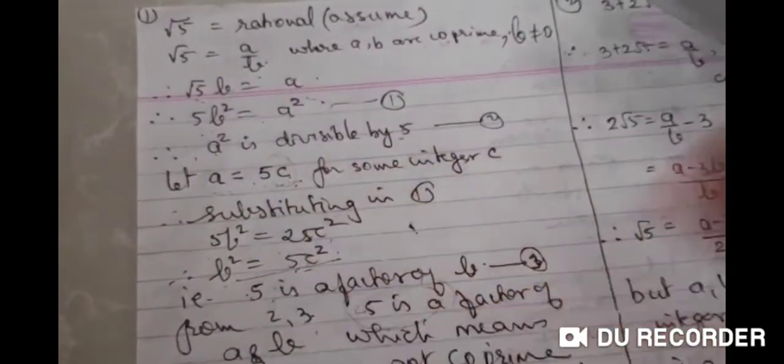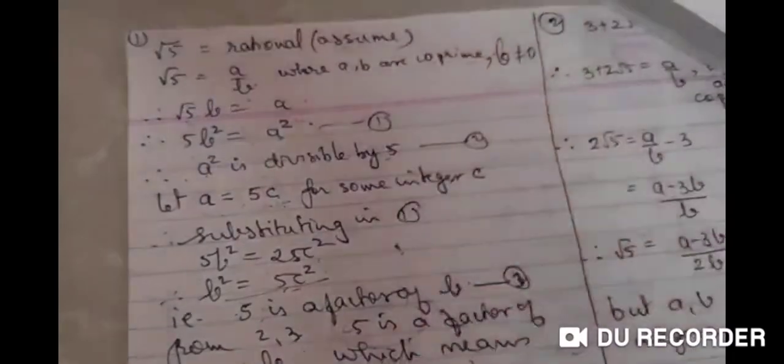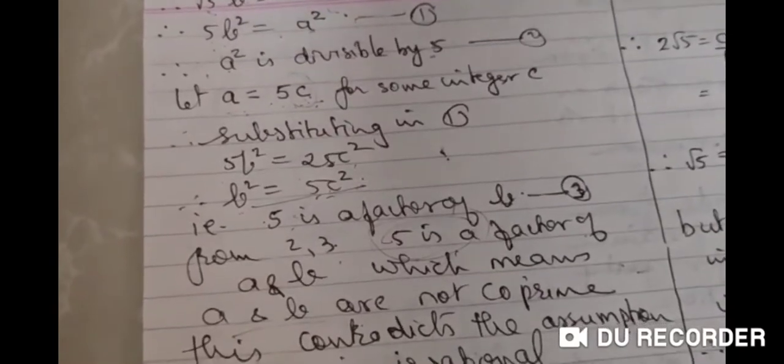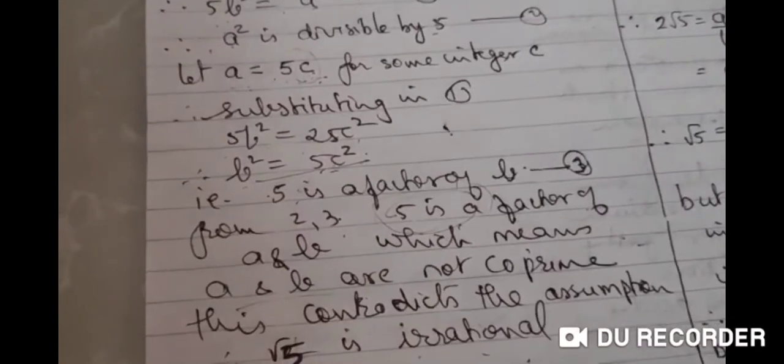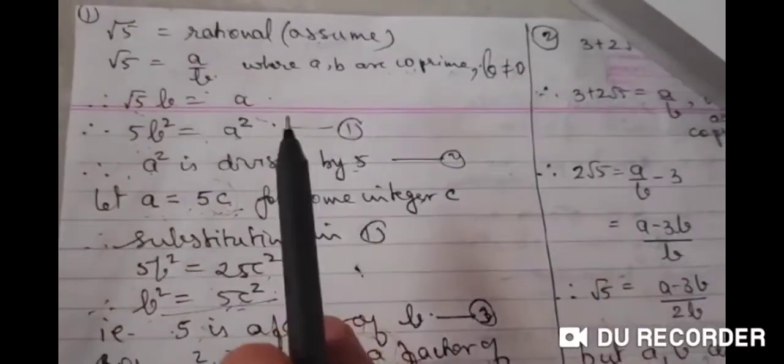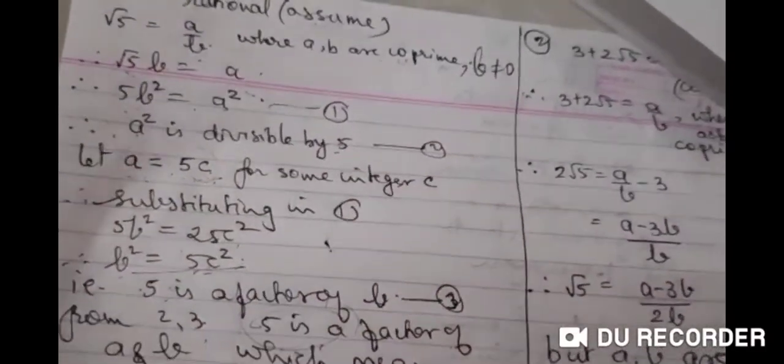This method is worked out based on the theorem which is given to you, which I told you, 1.3 theorem, that if there is a prime number, then you will work it out by this method. So root 13, 11, 17, all these are prime numbers. So you will work it out all by this particular method, that is by question number 1. Now we'll take up question number 2.